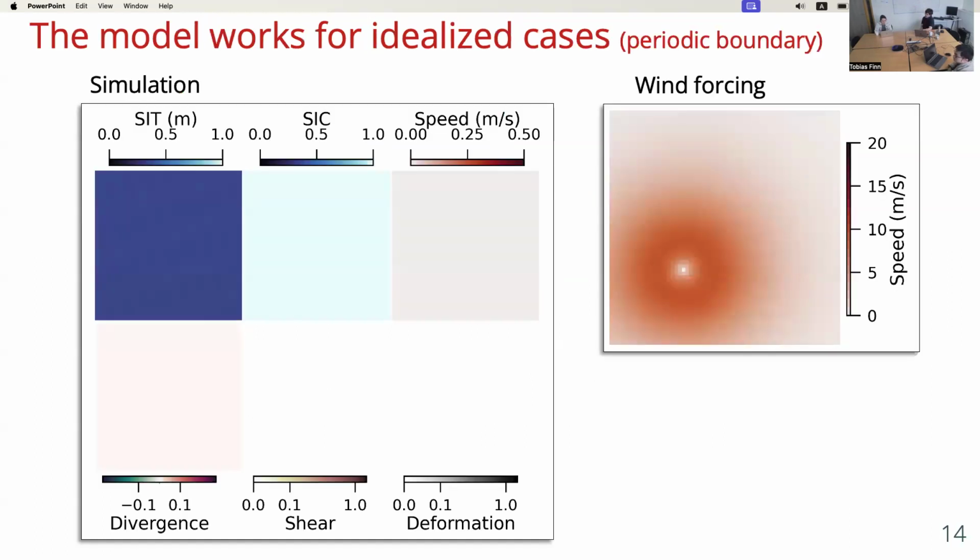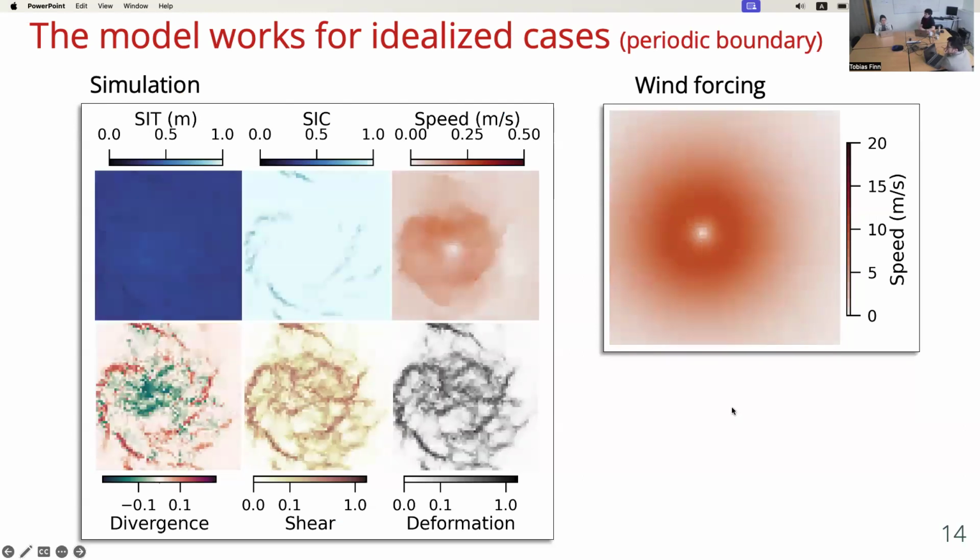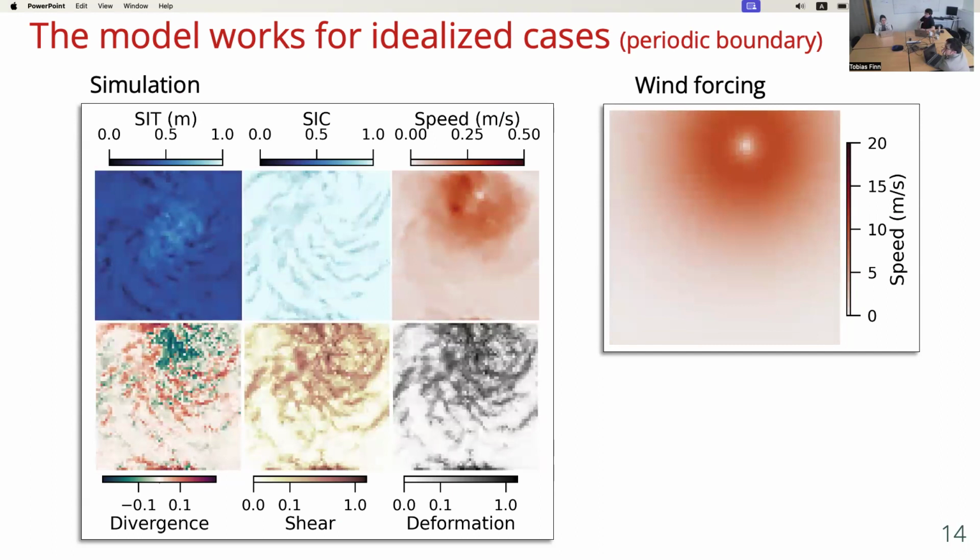So, and then the last thing I did is that we can apply this model also for idealized cases. Here I have an idealized case inspired by the benchmark case from Caroline Mielman, where we have a cyclone moving from the lower left to the upper right. On the left I show the CS thickness, the CS concentration, the CS speed, and then the divergence, the shear, and the deformation. And if we now start the movie, we can see